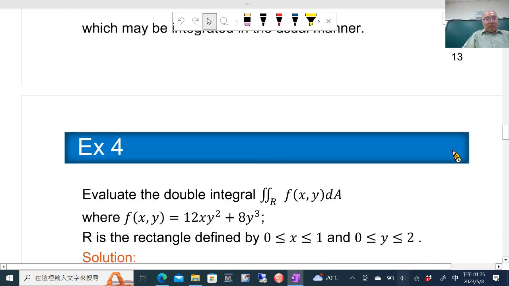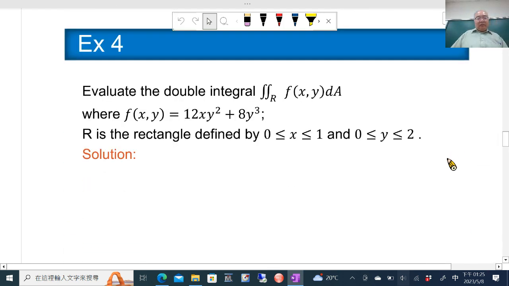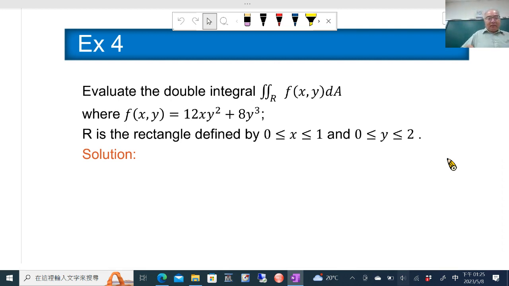So we try to learn this using the following exercise, exercise number 4, which I chose from the backup book. Right here, x is given between 0 and 1, and y is given between 0 and 2. So let's try x first. So the integration